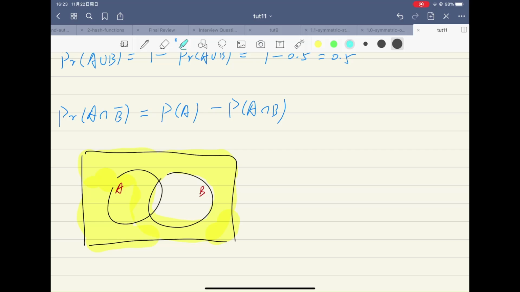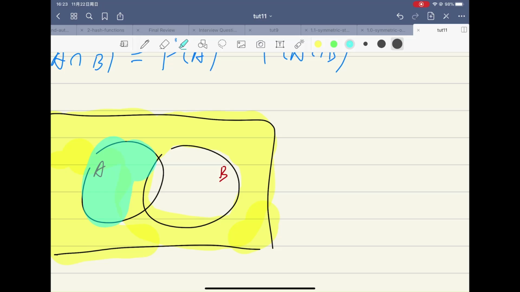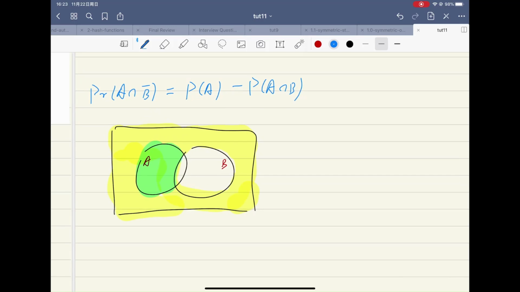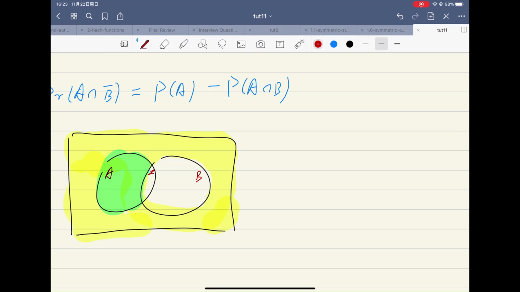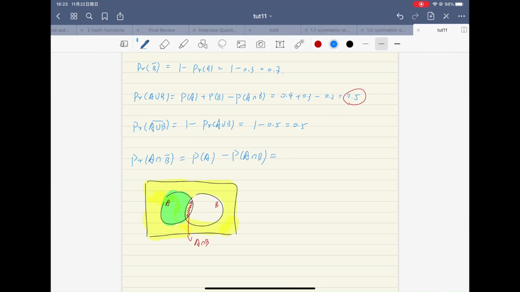And A intersect complement of B is this part. It becomes green, right? Because yellow plus blue is green. And this green part is the probability of A intersect the complement of B. So obviously it's just the probability of A minus this part. This part is A intersect B. So we have 0.4 minus 0.2